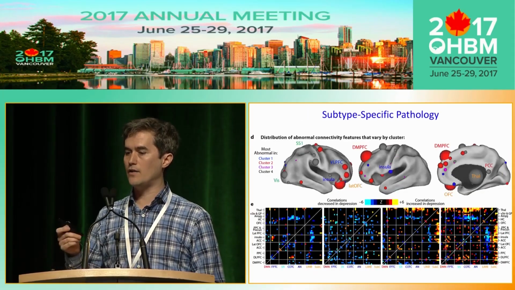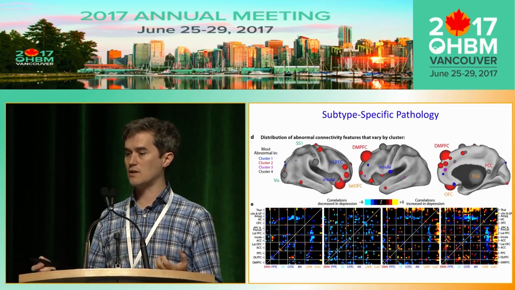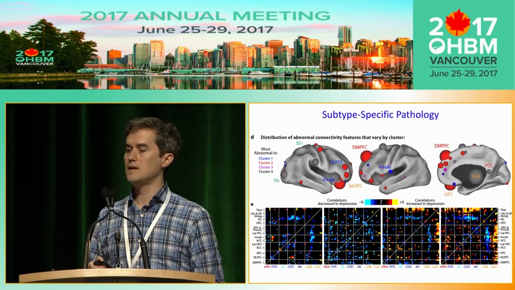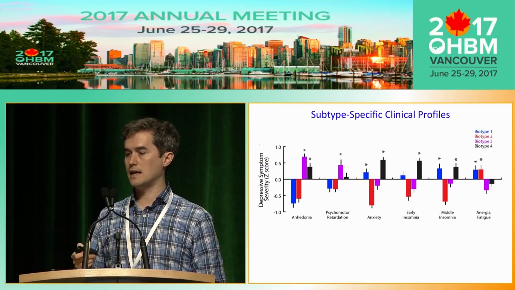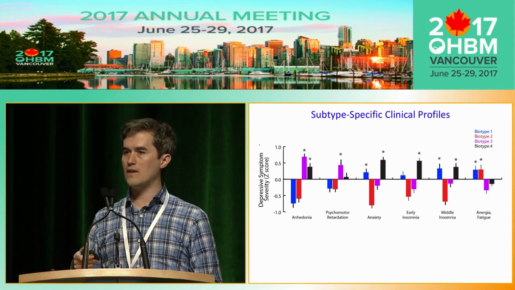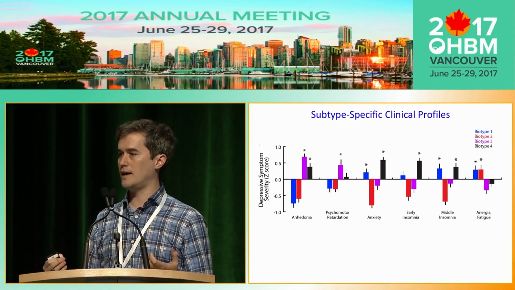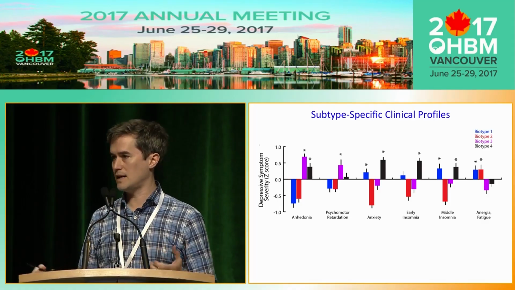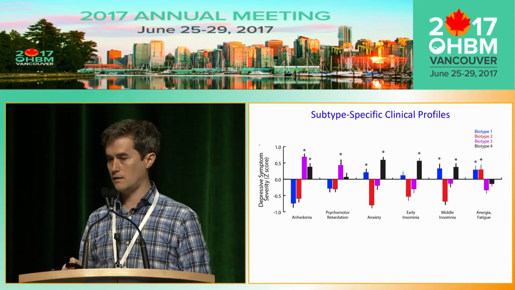so it makes sense that almost all patients in our sample would have them to some degree. On the other hand, there were also functional connectivity measures that showed strong differences across subtypes. That's what you see here, kind of like a fingerprint of each of those 4 subtypes. And there were features that differed, and they were predictive of differences in clinical symptom profiles in a way that was kind of intuitively appealing and maybe useful for generating hypotheses for testing in a future data set, but we're really not able, with the data we have here, to tell you anything about how particular connectivity features might relate to particular clinical symptoms.